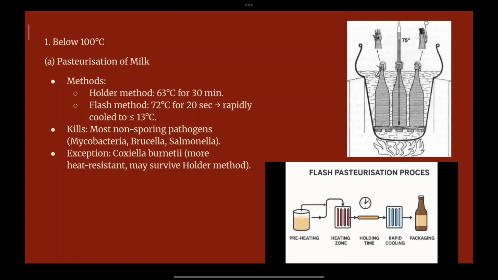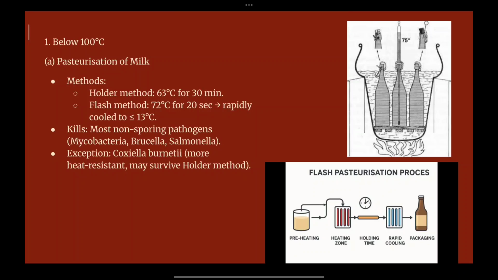That is, the ones which cannot form spores, like Mycobacterium, Brucella and Salmonella. So these don't produce spores. Under unfavorable conditions, microorganisms form a tough covering around them and reproduce inside the tough covering, forming spores, and they break down the spores once the perfect environment is there for propagation of the pathogens. But here in pasteurization, non-sporing pathogens are the main focus to remove and sterilize the